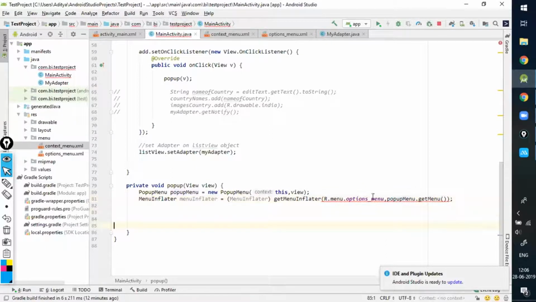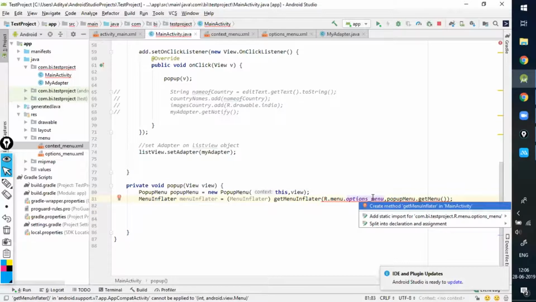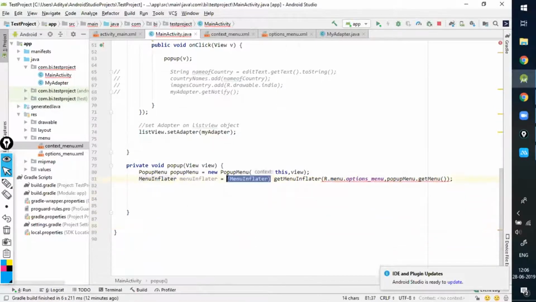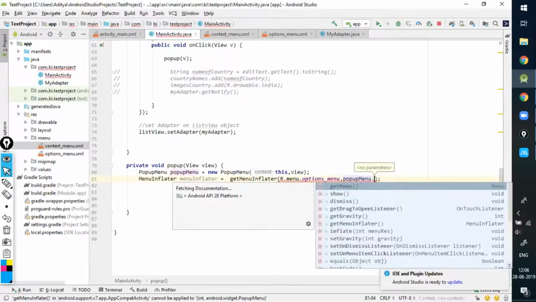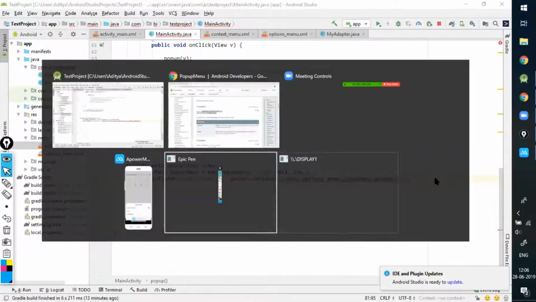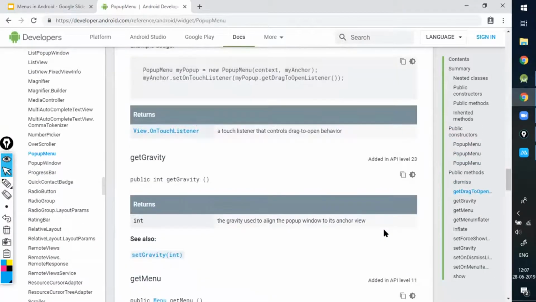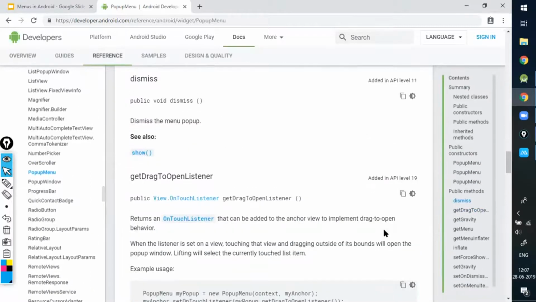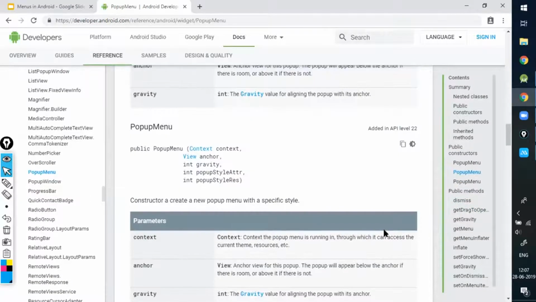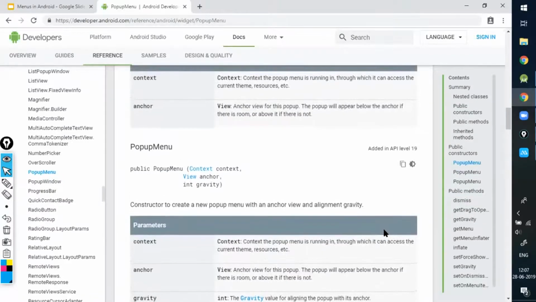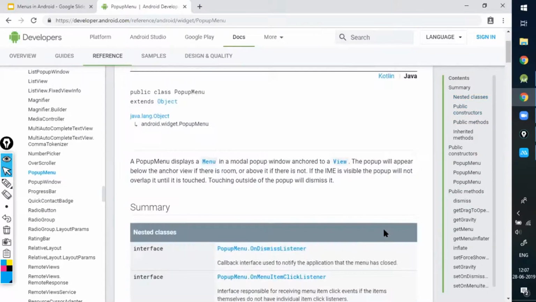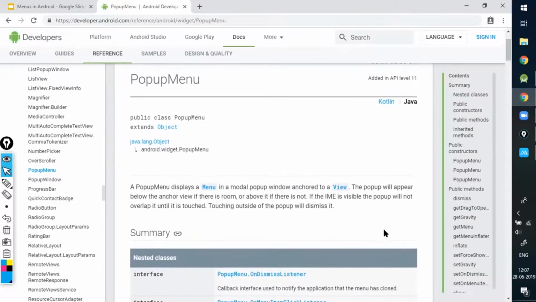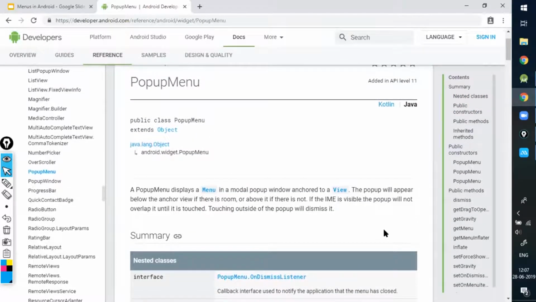MenuInflater. This is another way which we can do.